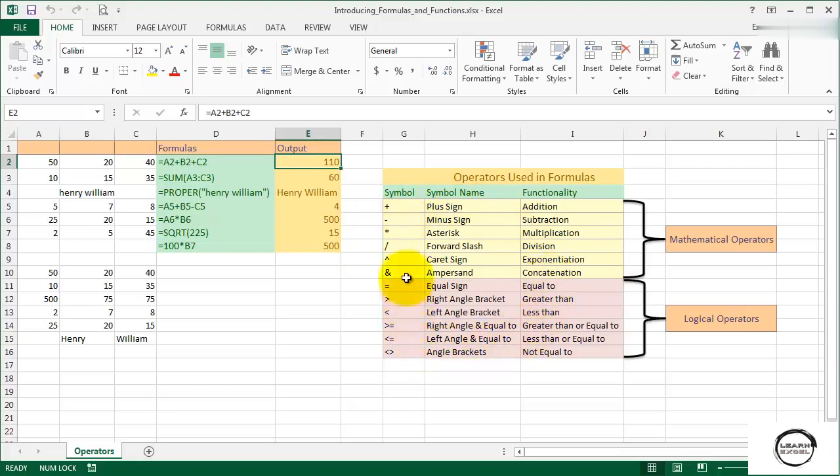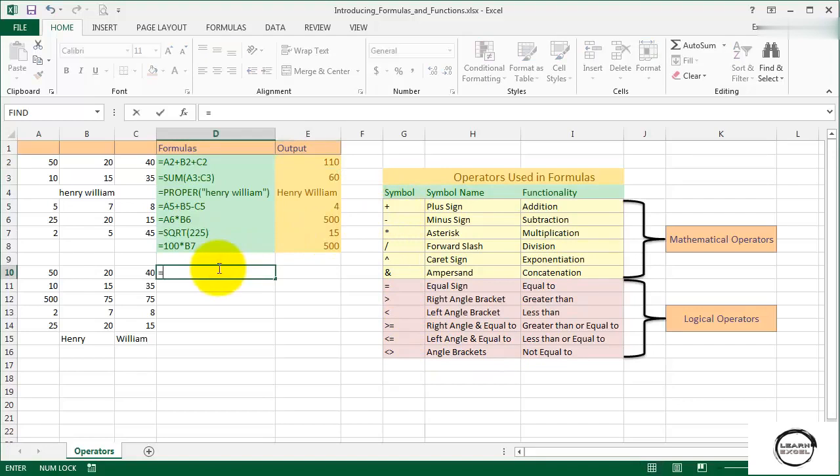The first one is the plus sign. You know its functionality in mathematics. It is used to add more than one number. I click on this cell, input equal sign. So Excel treats that this cell is going to contain a formula. Then I type A10. You see the cell A10 is selected in the worksheet. The color of cell A10 in the formula and the border color of cell A10 in the worksheet is the same. I type now plus, then B10. See, B10 is red and the border color of cell B10 in the worksheet is also red. Again type plus, then C10. C10 also matches the color with the border.